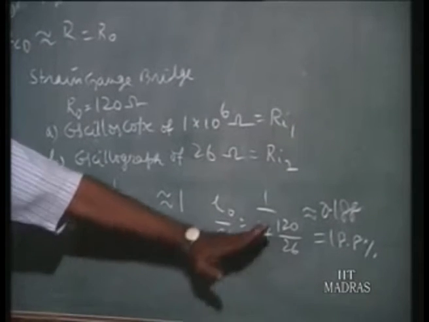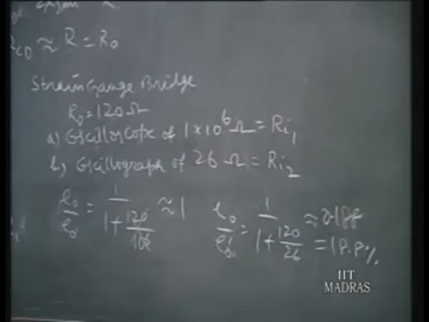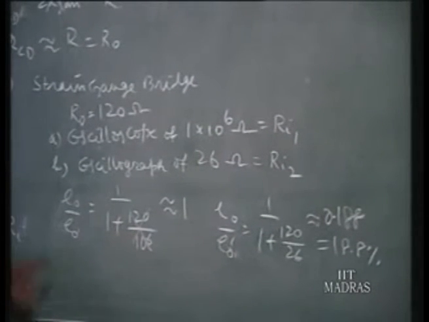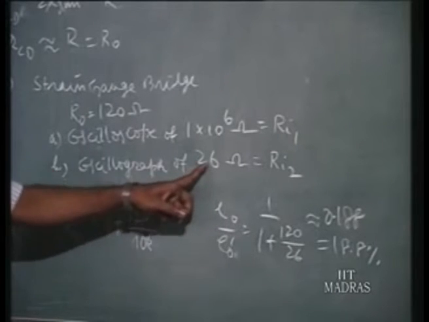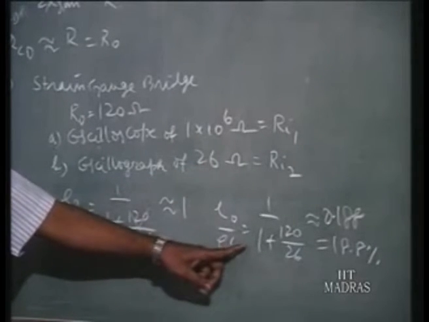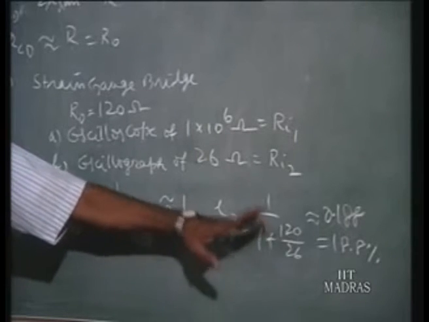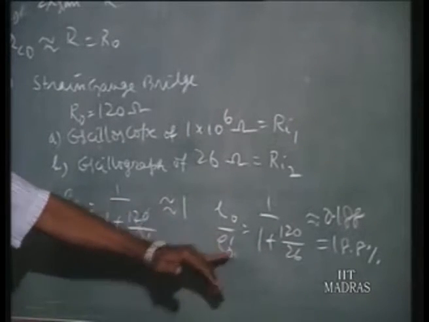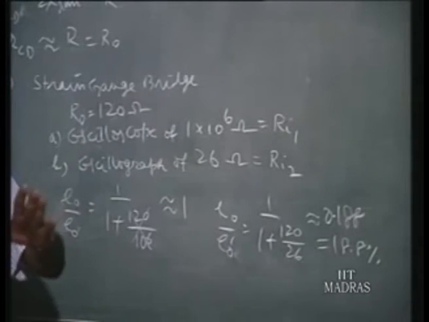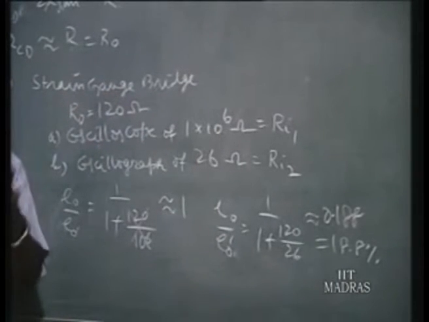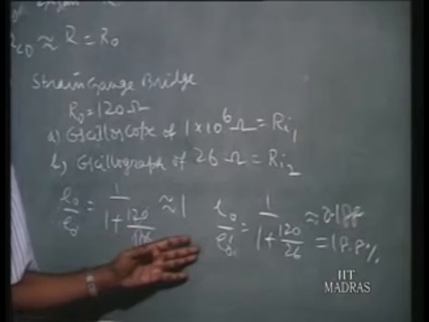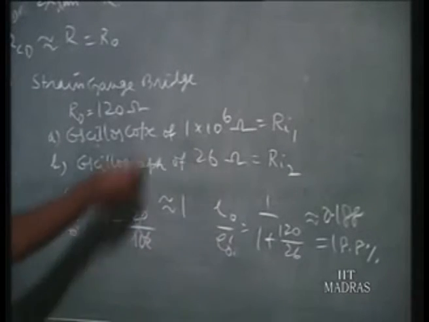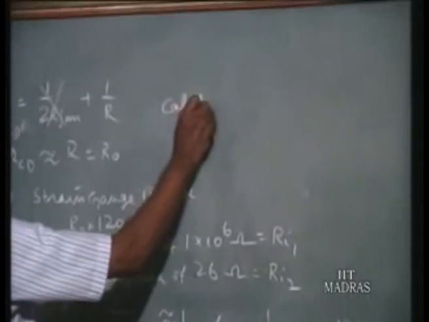So we normally say such instrumentation should not be there, but here there is a special property. Since the resistance is a constant one, 26 ohm is constant, we are always going to get 1/5 of the voltage, which is a constant ratio. Once we know the constant ratio, where the instrument shows 1 volt, we write it as 5 volt. What is the problem? That is called the calibration process.